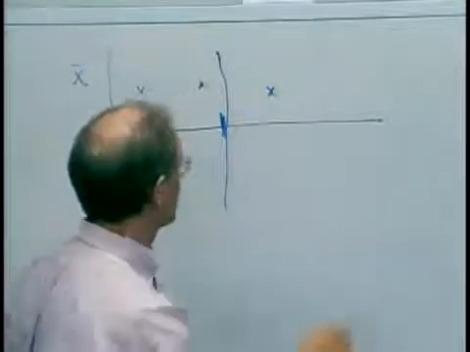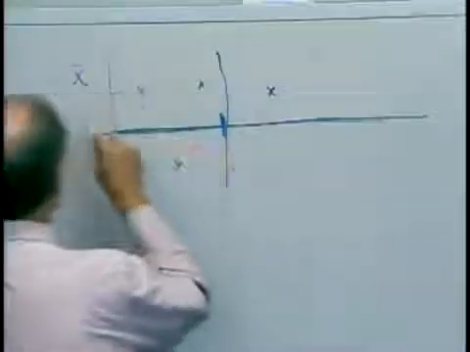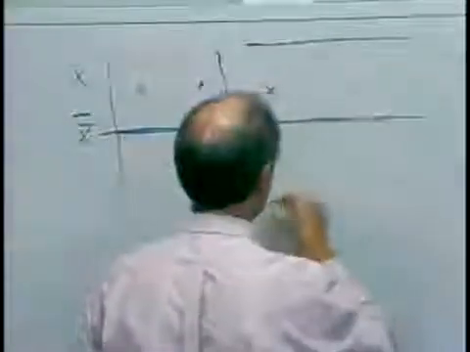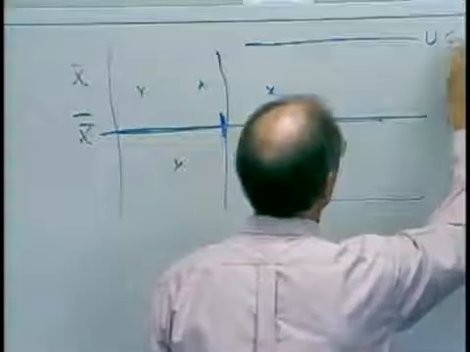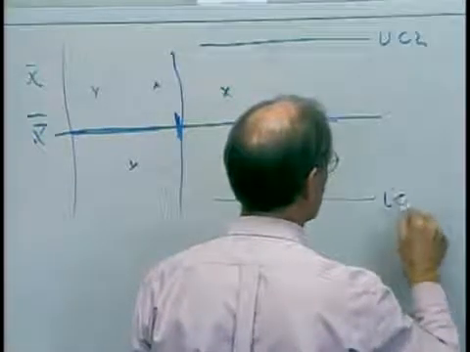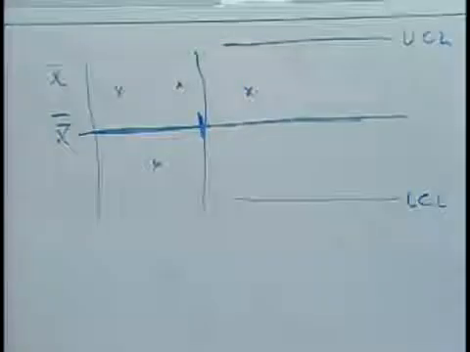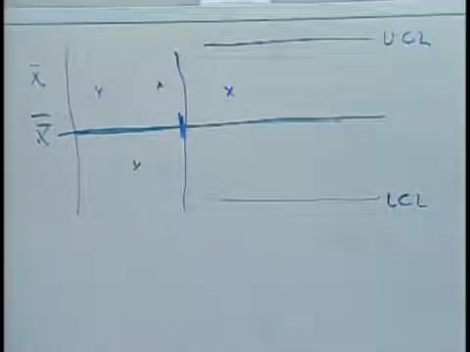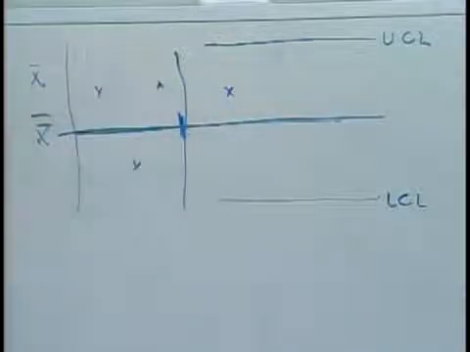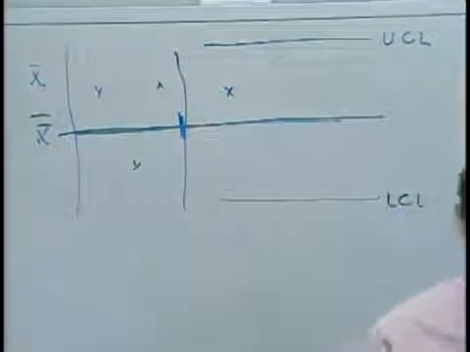I can't do that until I know I've at least got my grand mean, my upper control limit, my plus 3 sigma, and my lower control limit. So I can't really do SPC until I have these limits, right? Where did they come from? They came from historical data. They came from the stuff that already happened. So this is a bit of a catch-22.